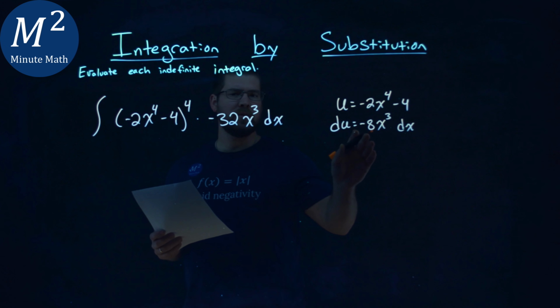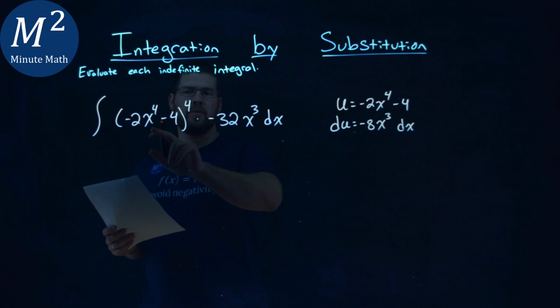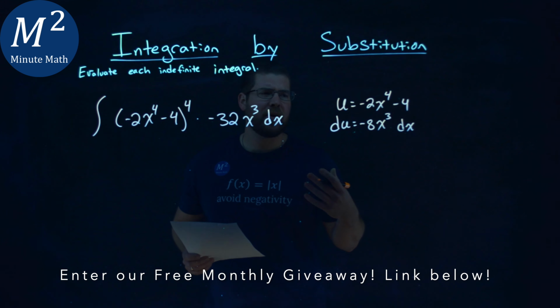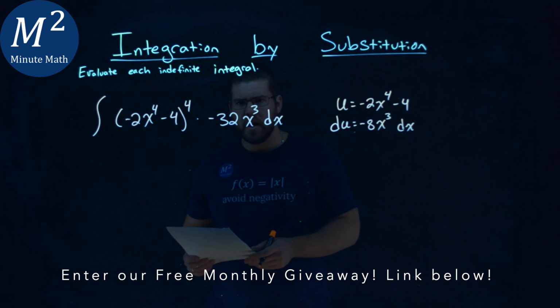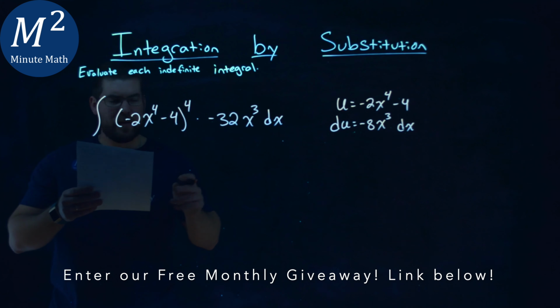Now, I don't have something looking directly like it. I have a u value in here, negative 2x to the fourth minus 4, which lines up great. This second part, negative 32x to the third dx, is very close to this du, negative 8x to the third dx. But how can I make it exactly the same? Well, if I pull out a 4 from the 32 outside the integral, I'm left with the integral of negative 2x to the fourth minus 4 to the fourth power times,